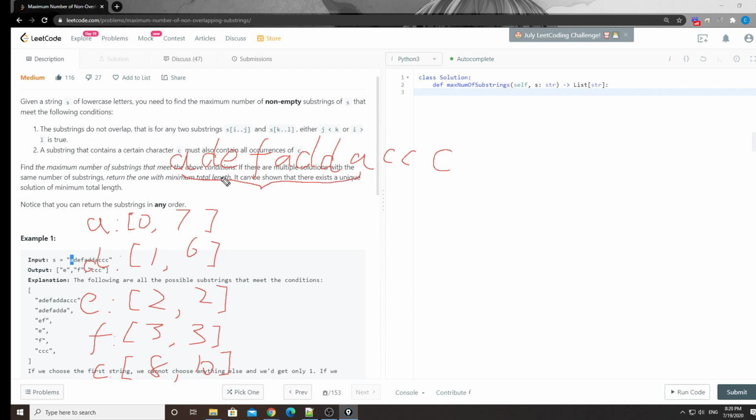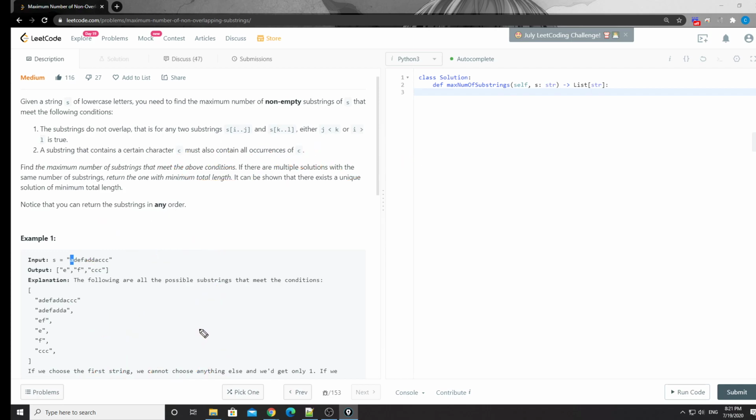As you can see here, for this problem there's nothing here. But let's say, for example, there's another F here, and the F is 7, 8, 9, 10. So instead of three,